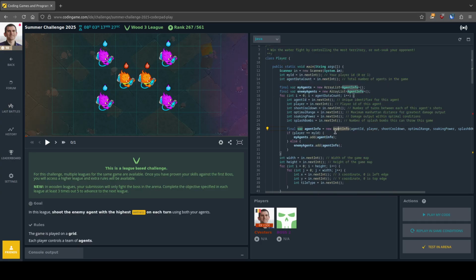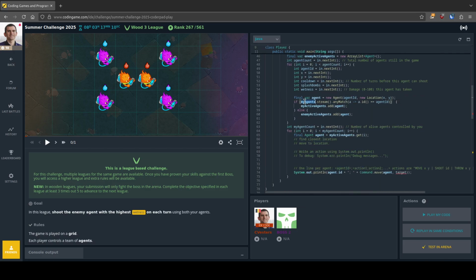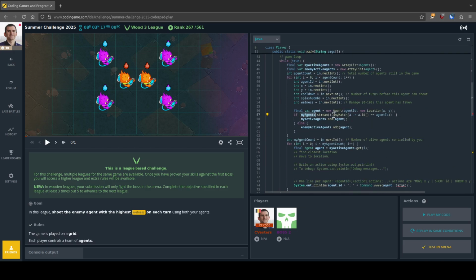And then what can I say? Here instead of player equals my ID, I can just simply say if agent info dot player my ID. Didn't say too much in this case, but whatever. And here as well, you can say my agent is stream any match instead of just saying a dot agent ID is equal to ID. I can just say agent info is agent